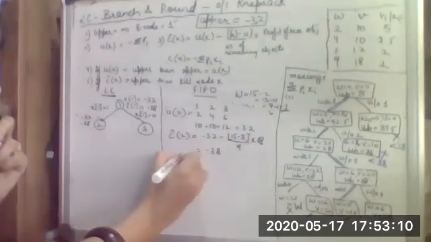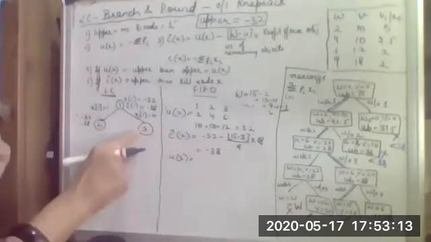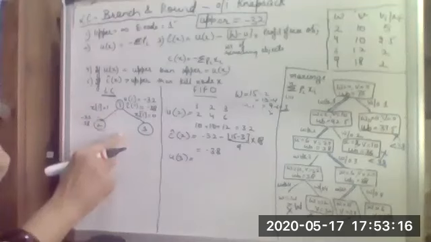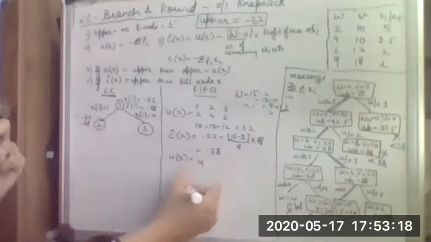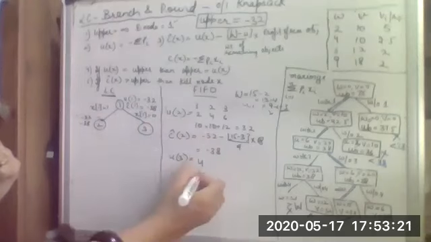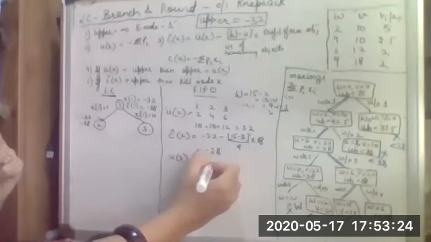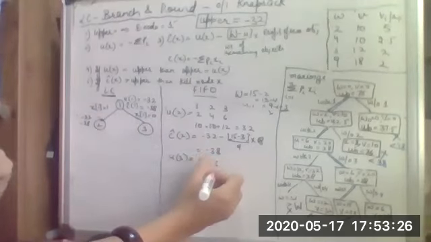For U3, we are not going to include the first element. So if we are not including the first element, we start with the second element, which has a weight value of 4 and a profit value of 10. Then the next is 6 with a profit value of 12. Now the weight that can go into the knapsack is only 5, whereas what we have here is 9. So we cannot include this. So this value will be minus 22. We will have minus 22 as the Ux value.